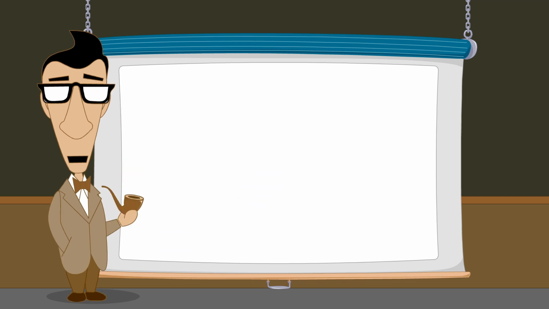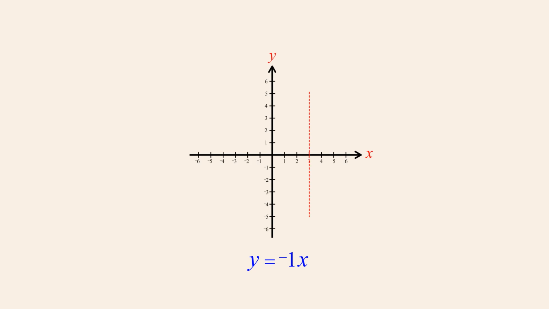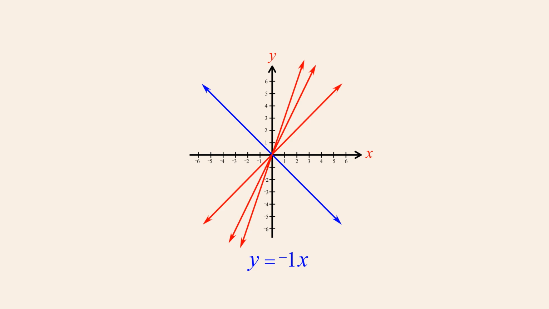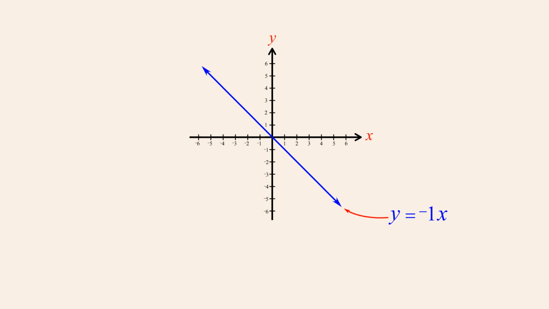But what if the x coefficient is negative? For example, let's say we pick an x coefficient of -1. Now if x is equal to 3, y must be -3. Likewise, if x is -3, then y will be +3. This equation also describes a line which passes through the origin, but slopes in the opposite direction from the lines formed by equations with positive coefficients. This line slopes downwards as we move to the right.